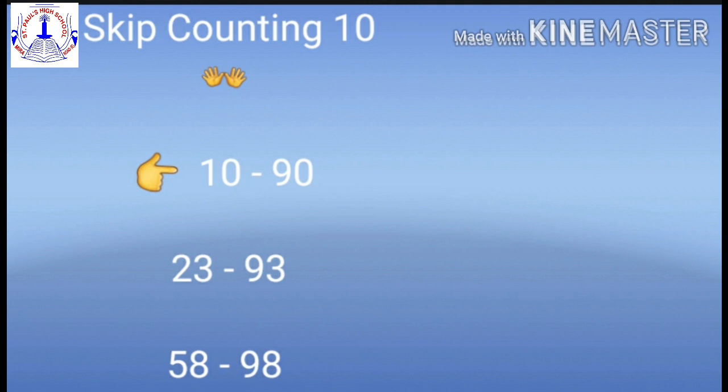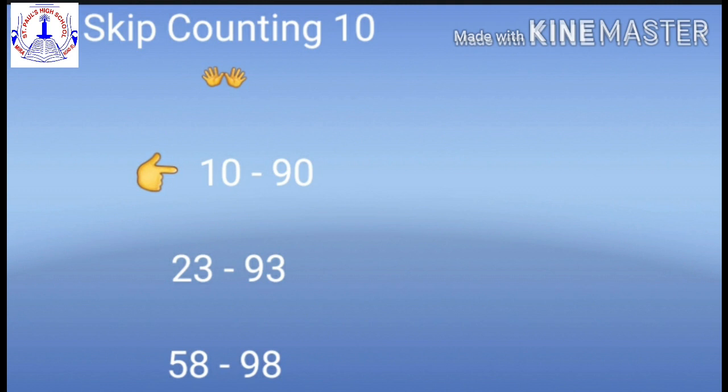Here I am not giving you dash, children. Only I am giving you the beginning, first number and the last number. What you have to do, you have to skip counting 10. You have to use skip counting 10 and you have to write all the numbers whichever comes as answer. Come on, write 1 0 10, put small dash in between, and then 9 0 90. So you have to write using skip counting 10, children. You have to write all the numbers coming between 10 to 90.